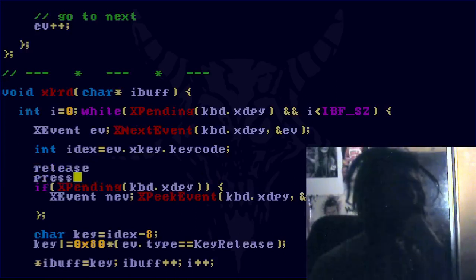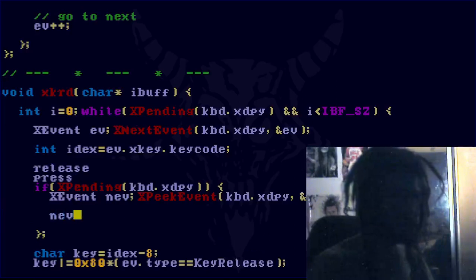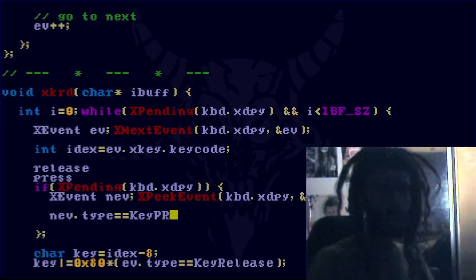And so the comparison you have to do is, I think, next event type equals... no, the next event would be press. Next event would be press, and the first one would be,